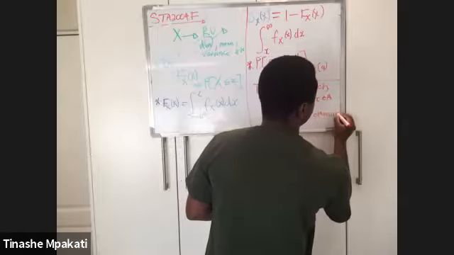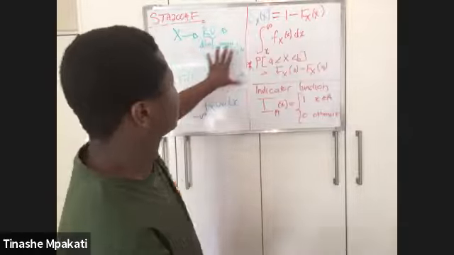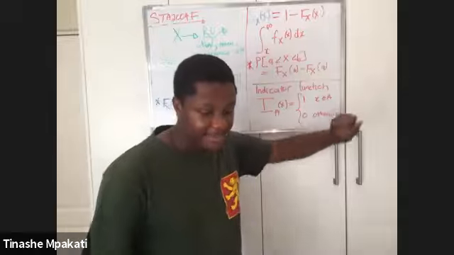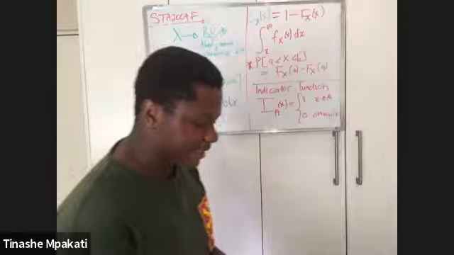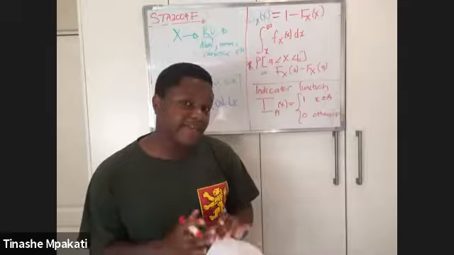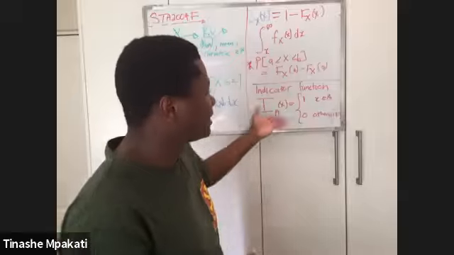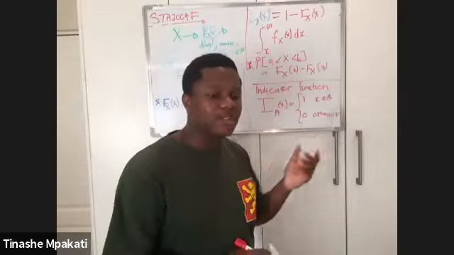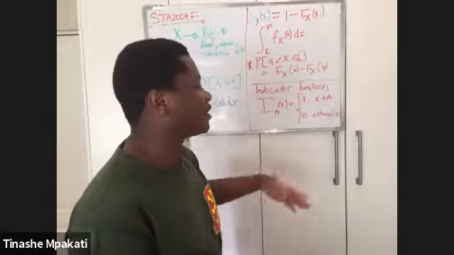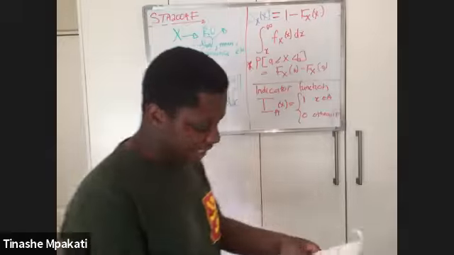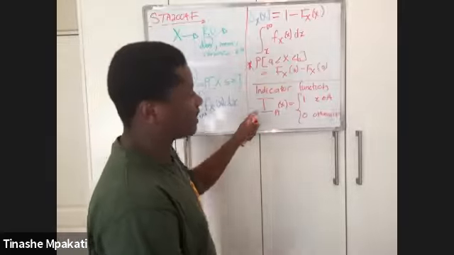I'll quickly just talk more about this indicator function. What we've done here is to describe the CDF of our random variable x, right? And then what follows is an indicator function, which it's very important for you to understand, because in most cases, your CDF could actually be defined in terms of an indicator function, which makes it look more complicated than it is. But by understanding what an indicator function is, you're able to simplify your CDF into something that you can easily work with. I'll quickly give an example on how to do this.